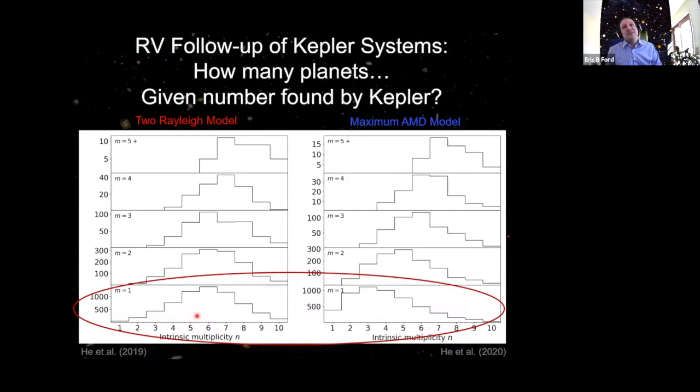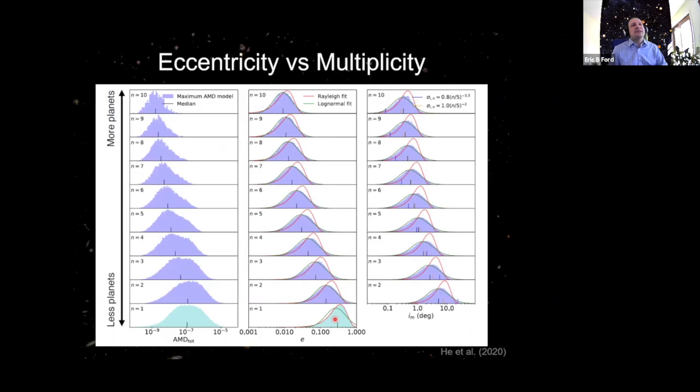On the other hand, if the reason for these high multiplicity systems is low mutual inclinations, then just because I see one planet doesn't necessarily mean I'm in that regime. And so the typical number of additional planets is just a few. So there's a scientific reason to conduct follow-up programs of systems where you see just one transiting planet. And further, we can then say, well, if we condition on the number of planets that we observe and look at the system, how does that affect things?